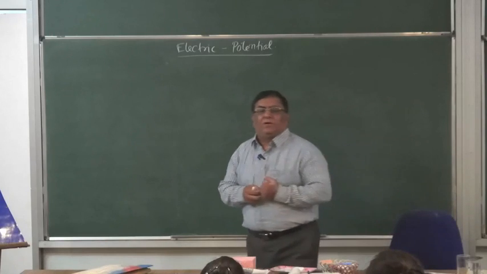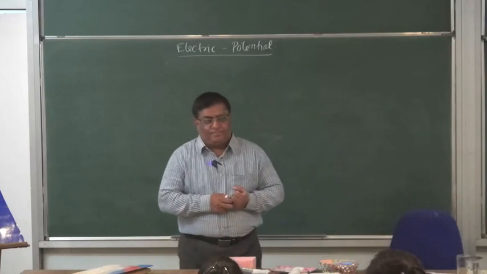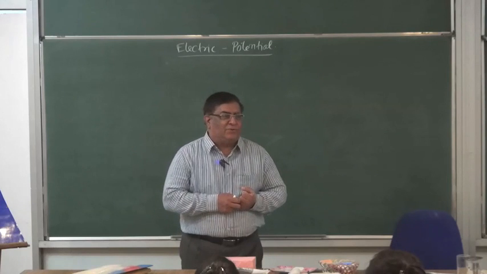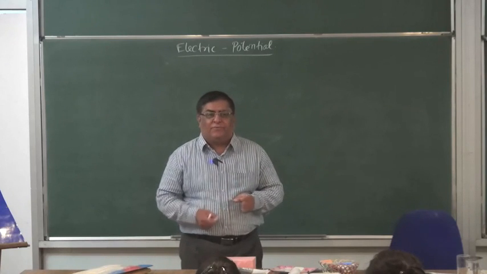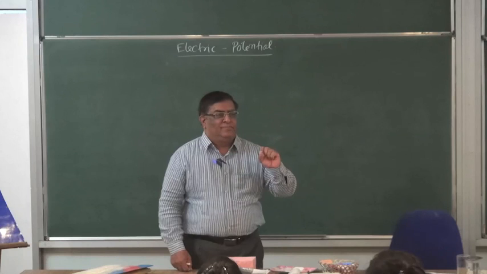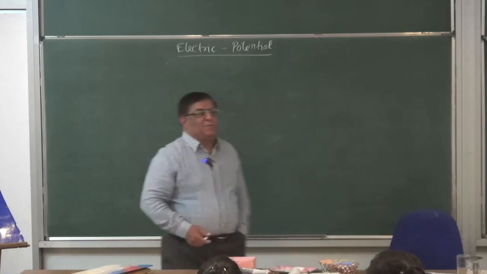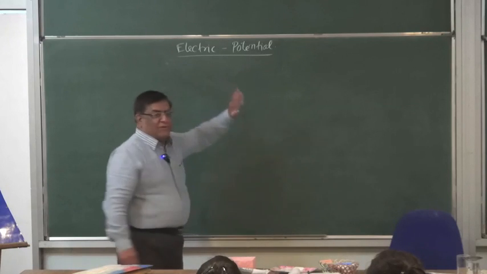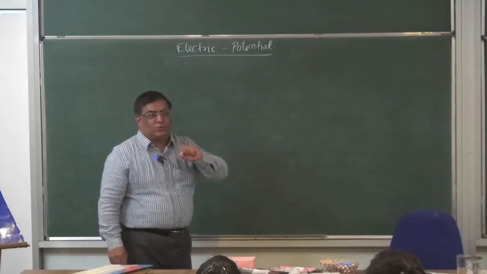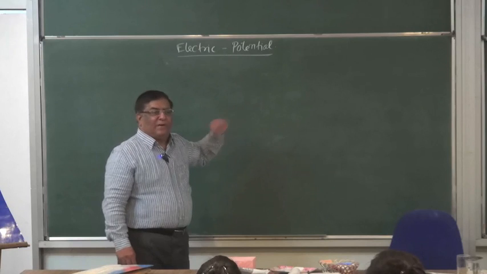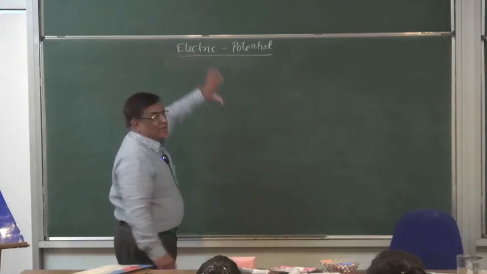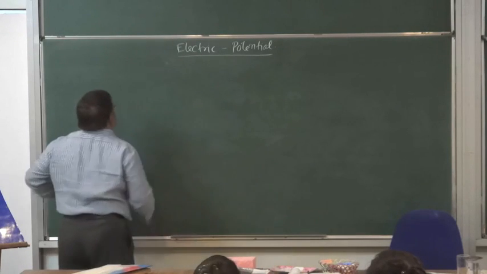Electric potential, or electrostatic potential. This tells us about a characteristic of a location in an electric field. There is a space, and in that space there is an electric field. There has to be a source of the electric field somewhere, and because of that source there is an electric field. Now, in that electric field